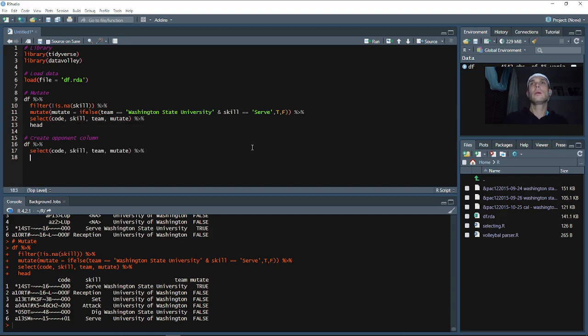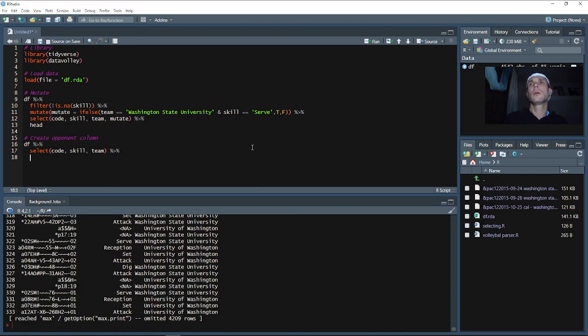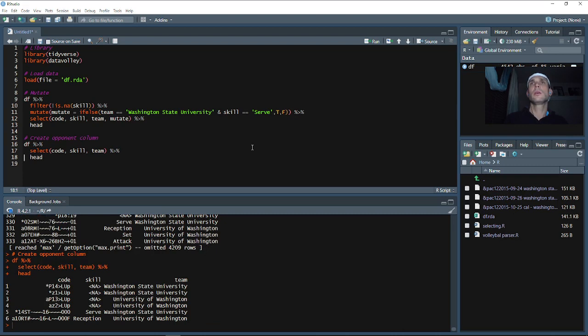We'll do that, and then just so we can get a fresh brain thought about it. Whoa, mutate doesn't exist. Okay, fine. And we're gonna say head. Oh, those NAs. That's fine. It doesn't matter. So we're gonna say mutate